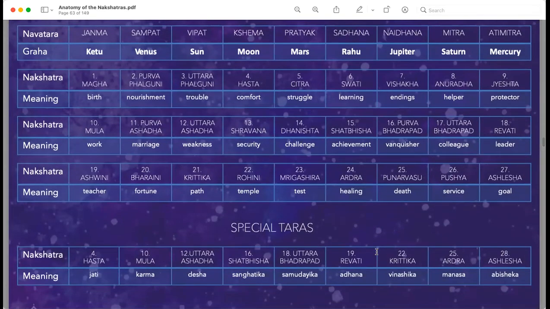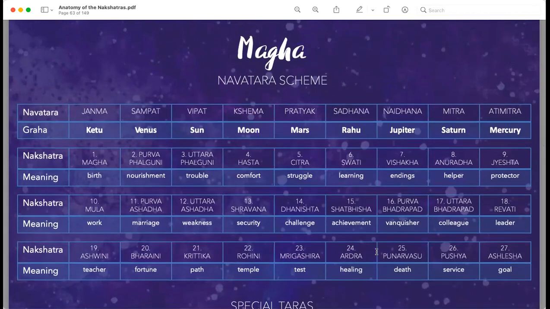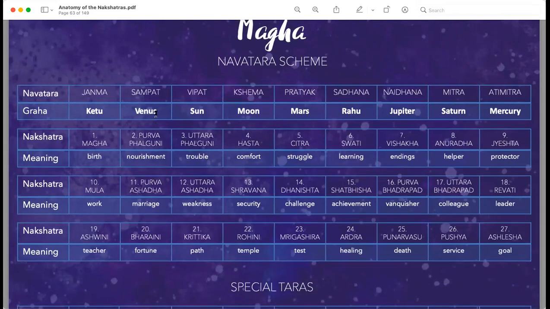So anyway, for Magha Moon, the planets that are good are Venus, which rules the second nakshatra after your birth one. So that's your planet that gives you money. This is your birth one, Janma. So Janma ones, which is like the first, 10th or 19th in the 27 nakshatra system, give you some difficulties, so good and bad really. And then Venus rules